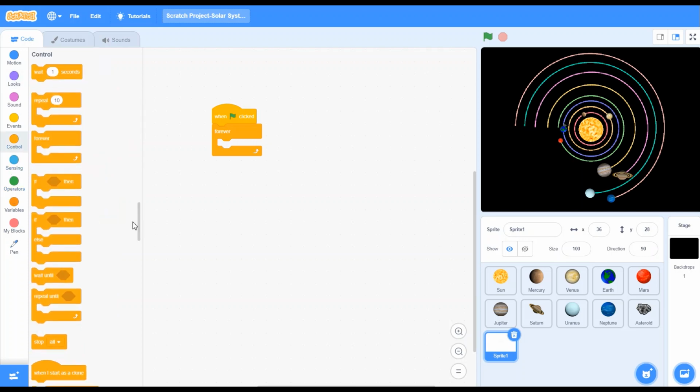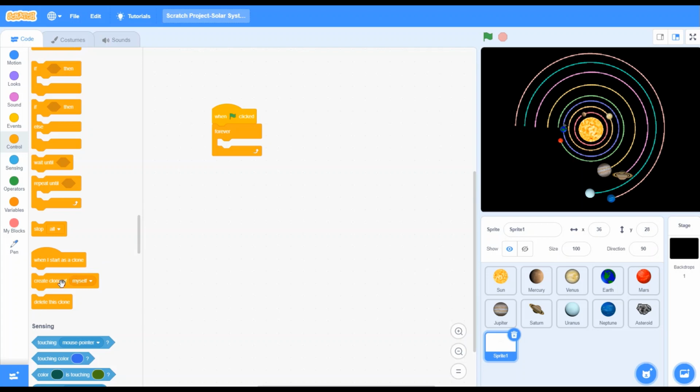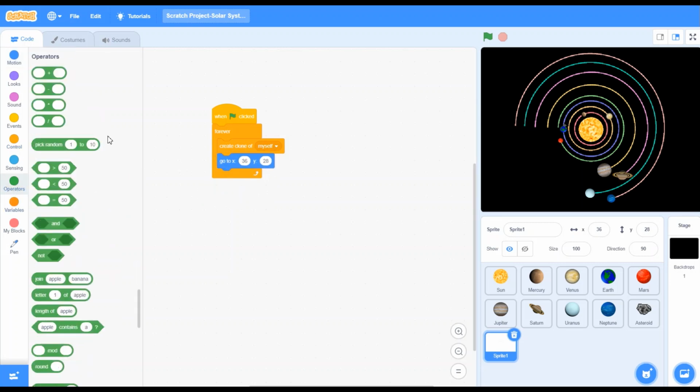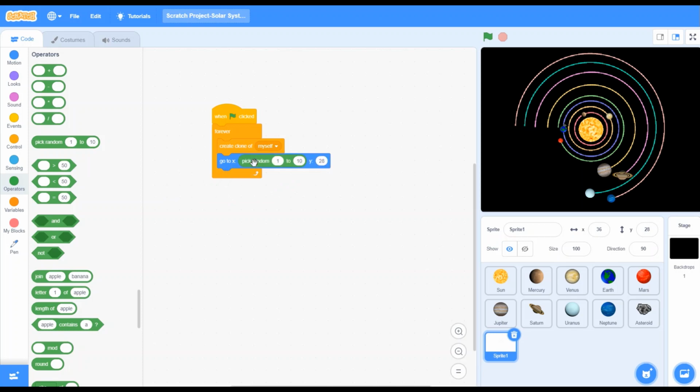Okay. Now I will go here. Now same like the asteroid belt. This is going to be almost the same but different. Now I will go to motion. I will pick go to X and Y. Now I will go to the operators and I'll pick random in both.